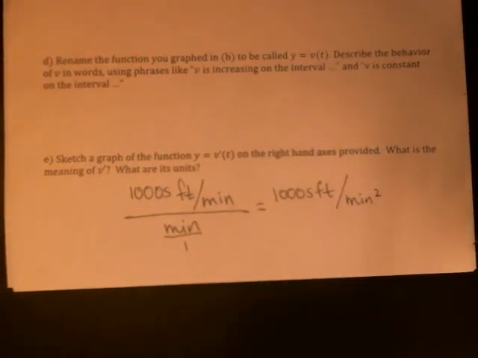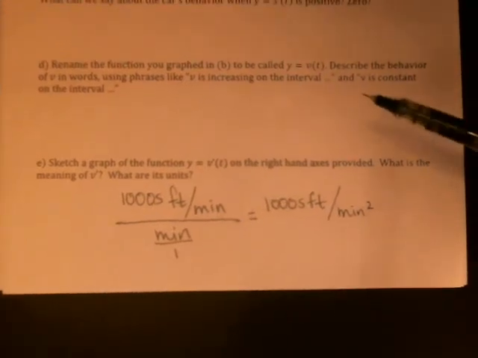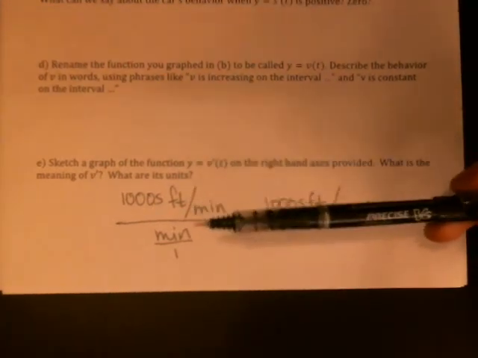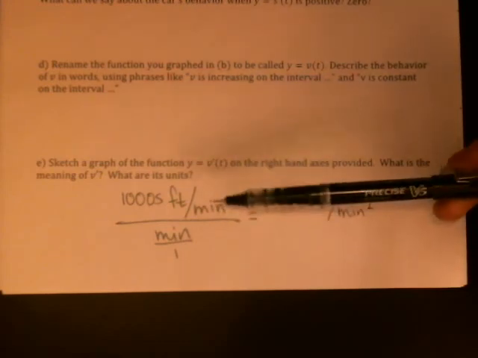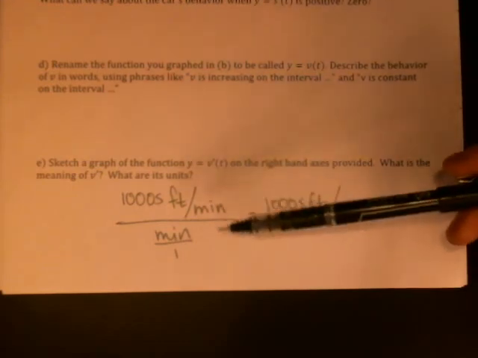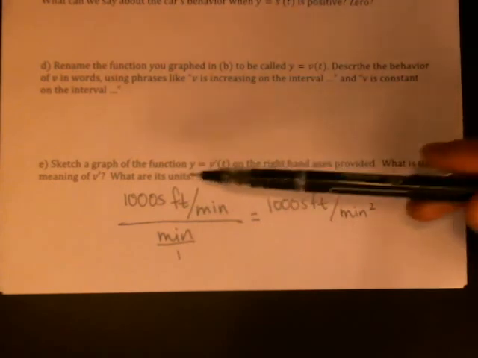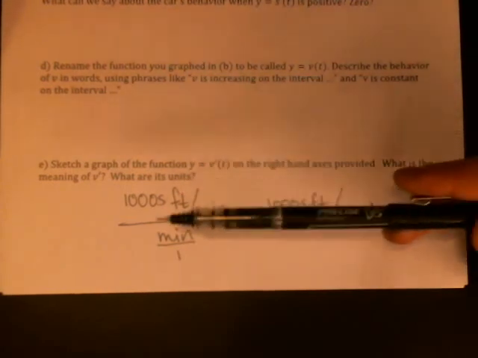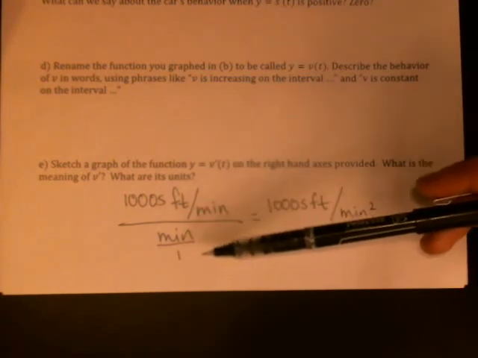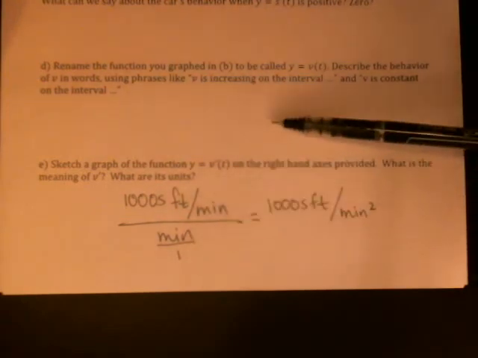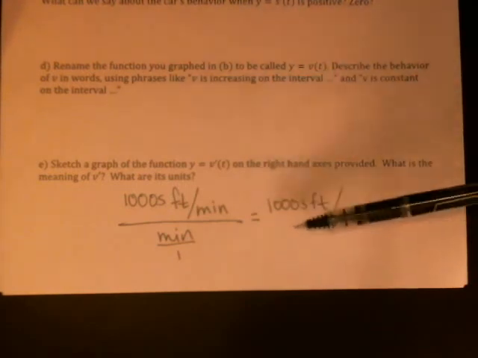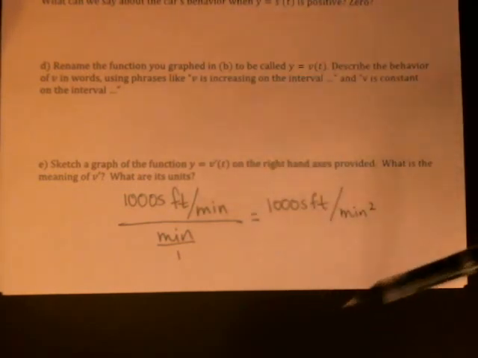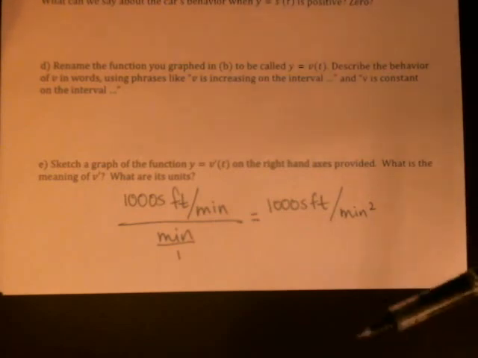The meaning of this is acceleration. This is how fast your velocity is changing per minute. So if my velocity was 1,500 feet per minute, and it's increasing by 1,000 feet per minute, that means in the next minute I'd expect it to be 2,500 feet per minute. So it's the rate of change of the rate of change. It would tell you about how fast your velocity is